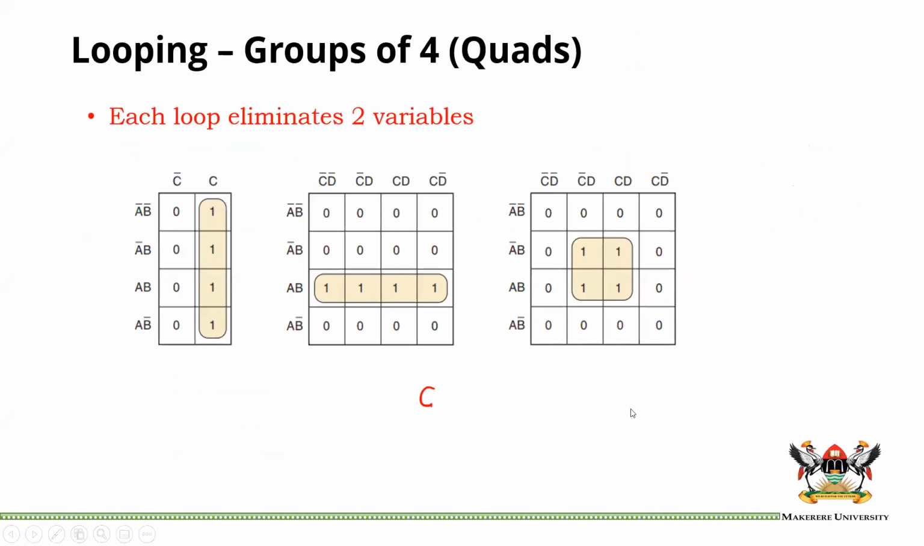Okay, so we have here we can see that we are looping 4. So we eliminate 2 variables and we know that all these will go because the loop is crossing all of them. So our X here is C. Here, this loop is crossing